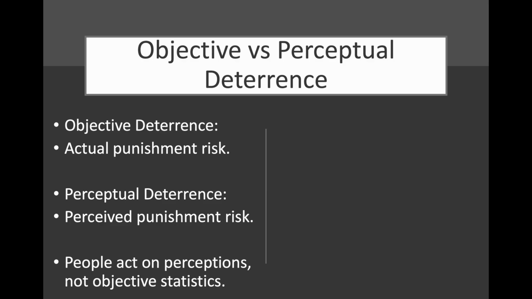This also helps explain why highly publicized enforcement campaigns can matter even if actual arrest rates remain relatively stable. I think it's important to note that visibility can also shape perceptions. For instance, you see a police car, or different media coverage, body camera publicity, anti-drug campaigns, or publicized prosecutions. All of these things can play a part in a person's perceived certainty. Now, perceptual deterrence research also includes major methodological challenges, which leads us directly to the next two slides.